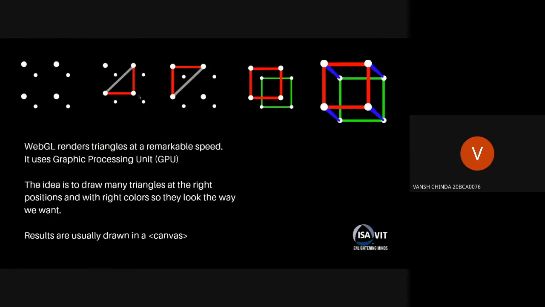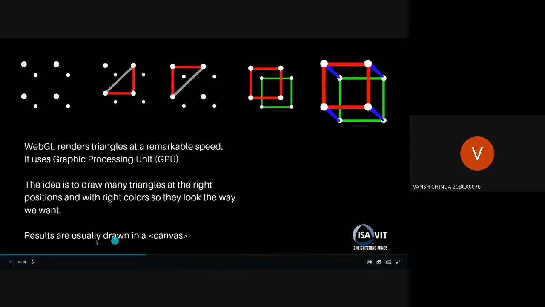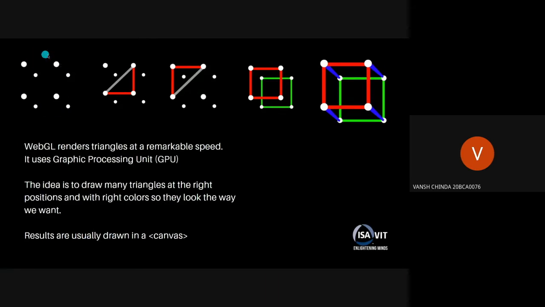So let's look at this example. Let's look at the first image here. What is happening is that it is drawing some points on, let's say, a canvas. We usually use canvas for printing our results. It will place some points on your canvas, then draw some lines like these. Let's say these three lines were drawn to complete a triangle.